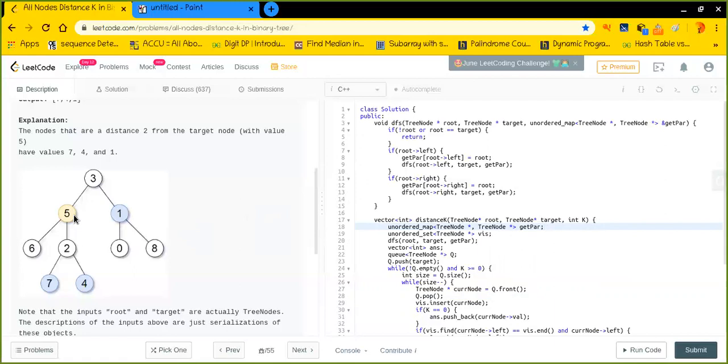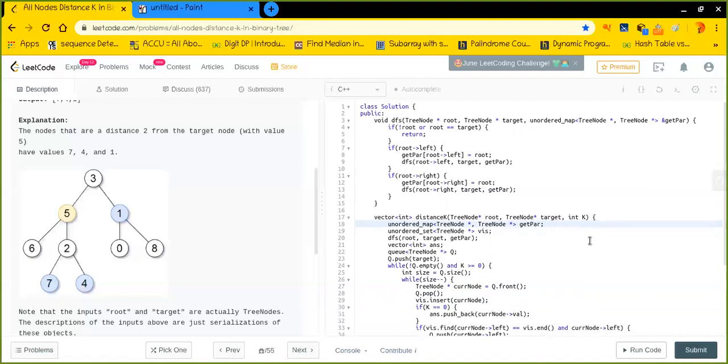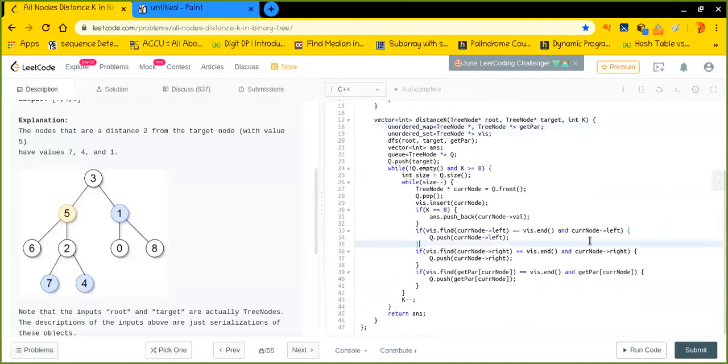In that case, I am at any node and I have to find the distance from the target node, and in this way find the parent of each node. We can do that as well, but it will cost us a little more time right here. So this is it.